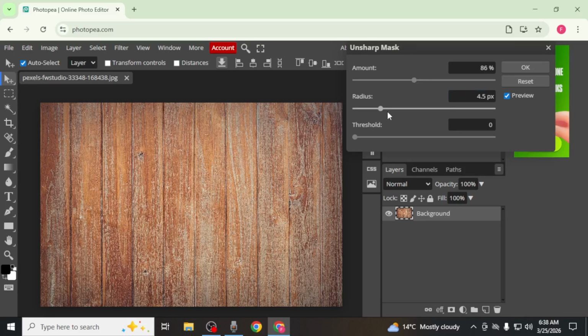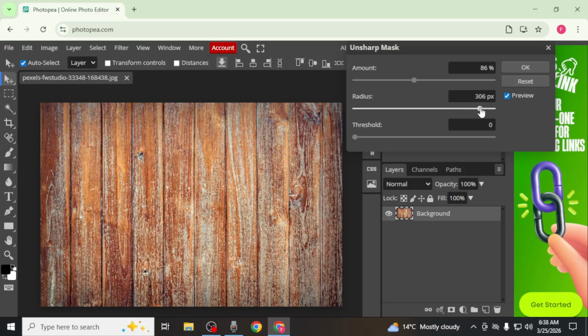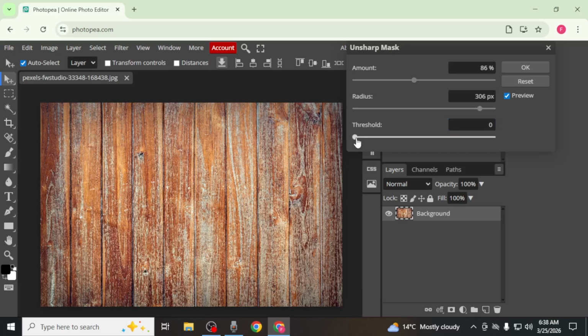The next slider is Radius, which determines how many pixels around edges are affected by the sharpening. Increasing the radius can make the sharpening more noticeable, but too much can make the image look unnatural, so it should be adjusted carefully. The last slider is Threshold, which controls how different adjacent pixels need to be before they